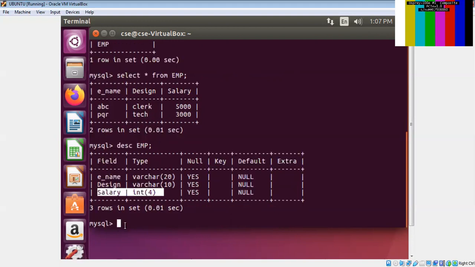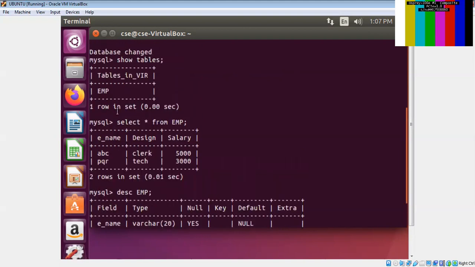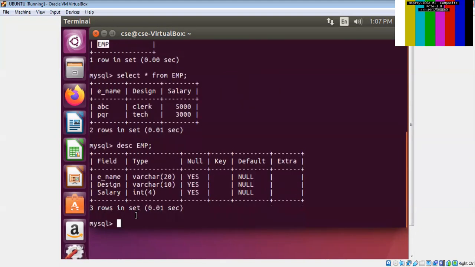Now, the second command is alter. We are not going to complete the entire practical in this video. We'll see some part. So first is create table, table name, and name of the attributes. Already I have created this employee table to save the time. Now we'll go for alter.